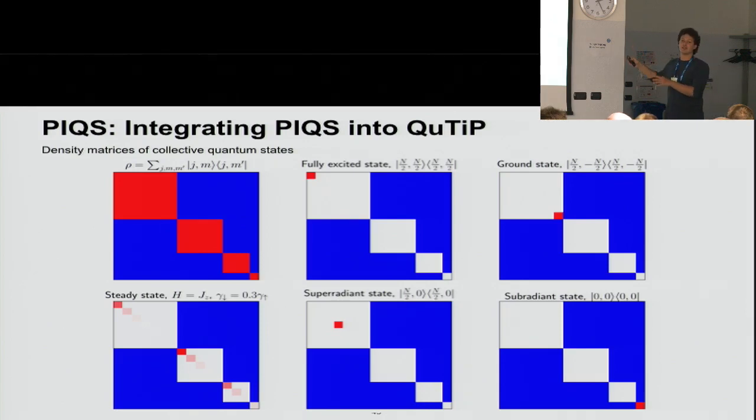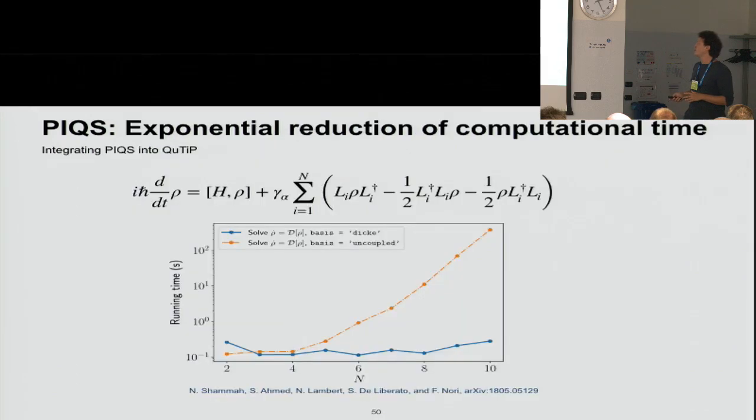Of course, I'm just showing this without the pretense of explaining everything, but just also for some visual beauty. And here there is a plot just showing, for a small number of qubits for which we could actually test our algorithm with existing algorithms in QTIP, you can really see roughly a 3 to 4 order reduction in computational resources and also in computing time.